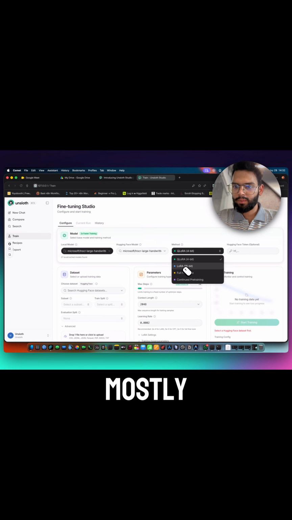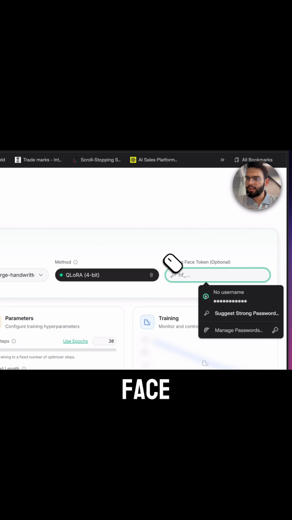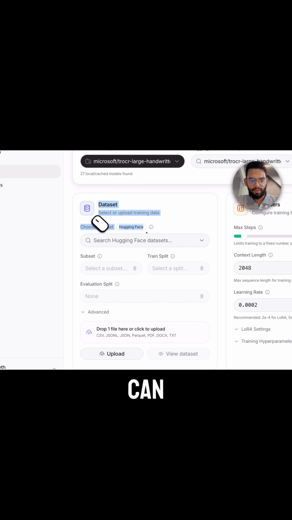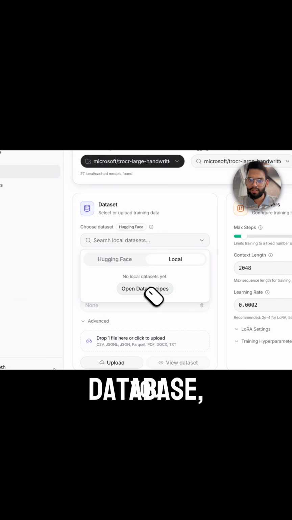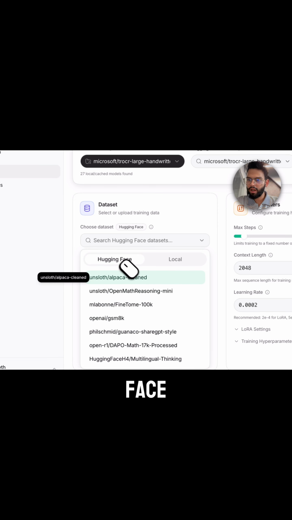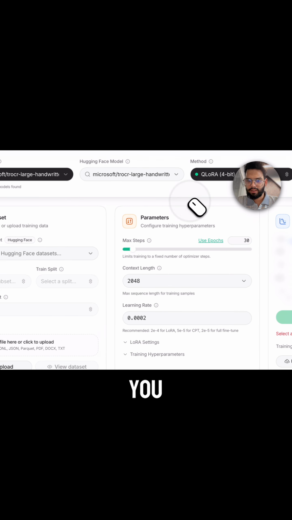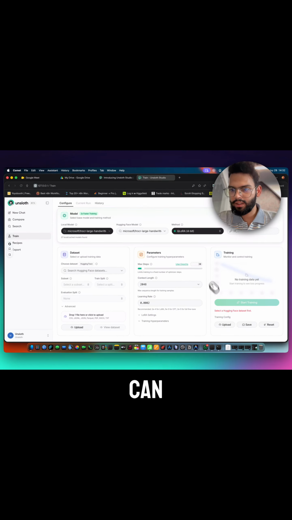Then mostly the method which is being used is this LoRA 16-bit one. So you can add a Hugging Face token here, and then you can select a dataset. If you want to use a local dataset, you can use it from here, and you can use it from Hugging Face as well. And then you can configure the params here, and then you can start training.